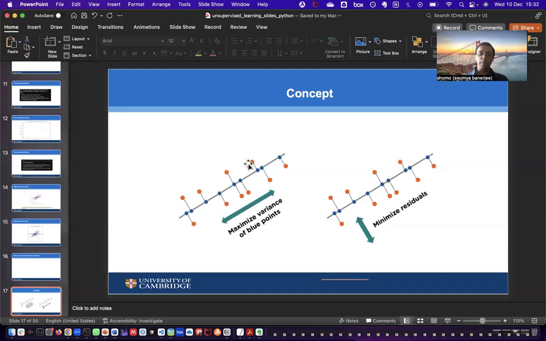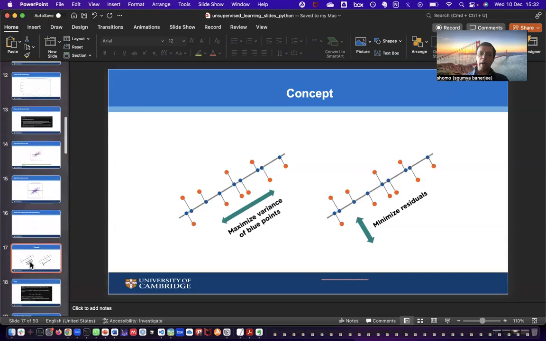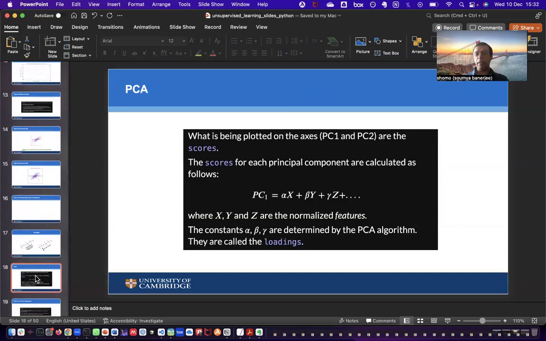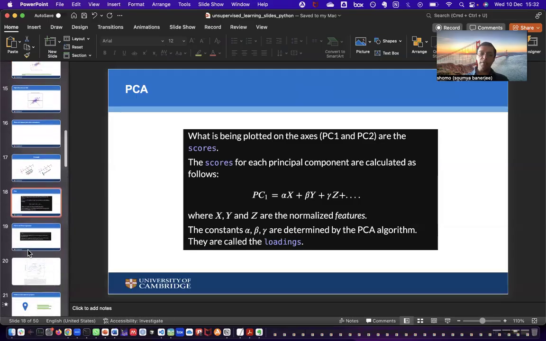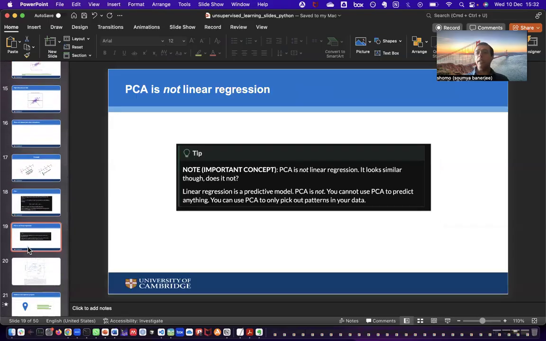So some of these principal components can be hard to identify, but the math really helps us. And the idea is that principal components are linear combinations of features. However, again, PCA is not linear regression. This is a concept that I constantly communicate to students. There is a big fundamental distinction between linear regression, which is actually a supervised machine learning model, whereas PCA is unsupervised. Without any additional bells and whistles, you cannot make any predictions using PCA.